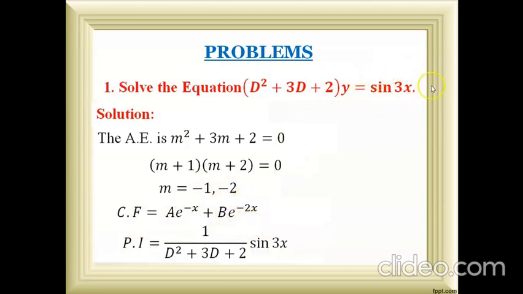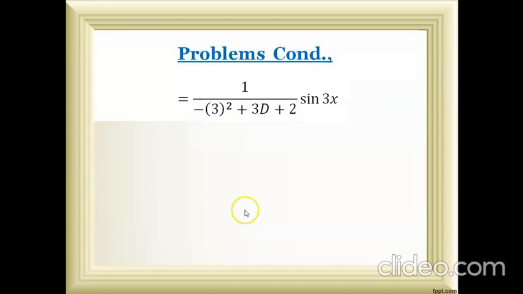We have only one term on the RHS, so we only need to find the particular integral. So 1 by f of D into RHS. For the trigonometric, we just make a replacement of D square by minus a square. You square only on a. It cannot be replaced for this particular D, so only D square we can operate. After simplifying this particular denominator, I will get 1 by 3D minus 7. We don't have any other replacement for D here.